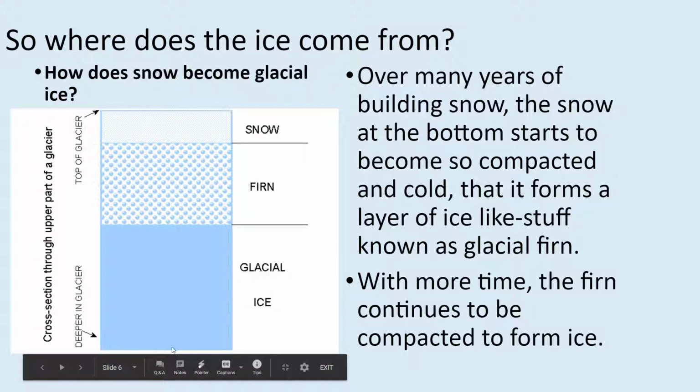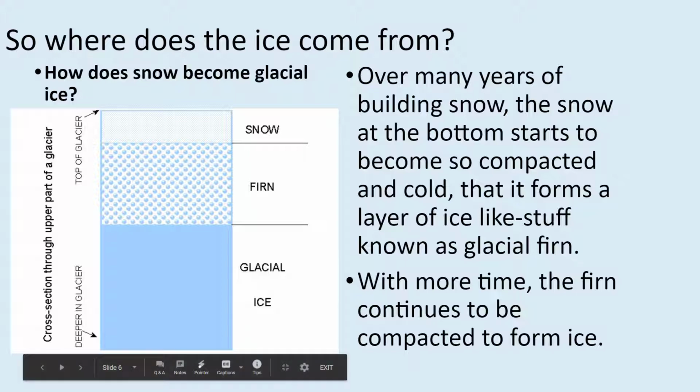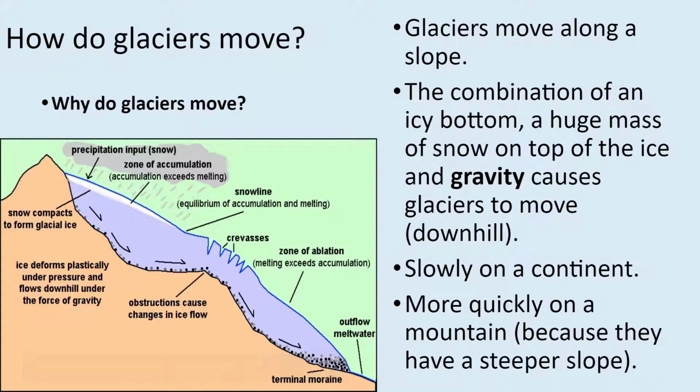You actually start to see melting, even though it's really cold down here, even though it's all ice. There's so much weight on top of the glacial ice at the base of a glacier that you actually get water down there. The ice is getting squeezed so much that it essentially melts. It's pretty interesting. So at the bottom of your glacier, you actually have this layer of water. Pretty crazy, I think. And that's really important, you guys, when we're talking about this question of how glaciers move.